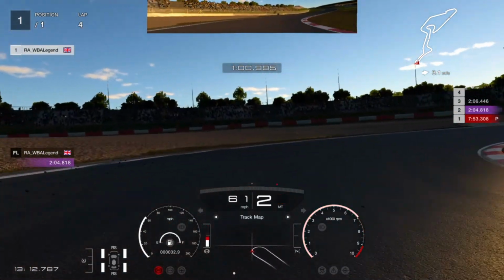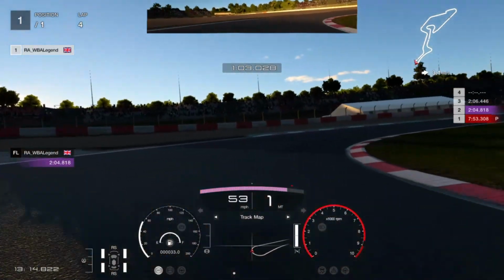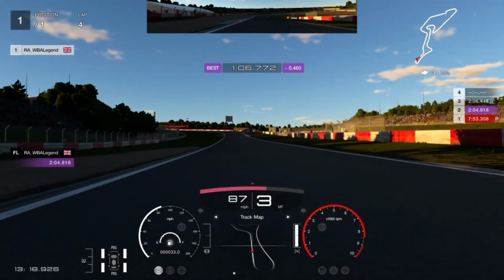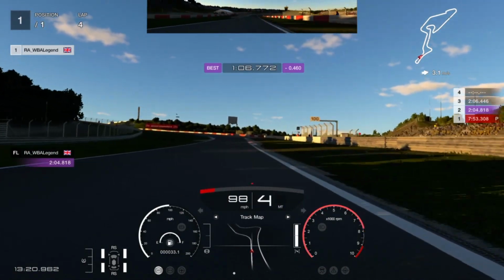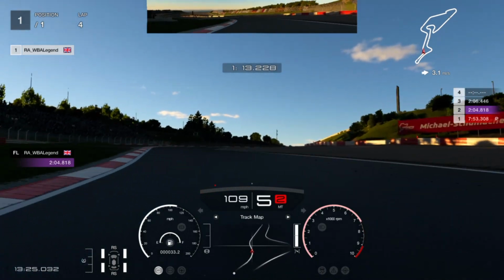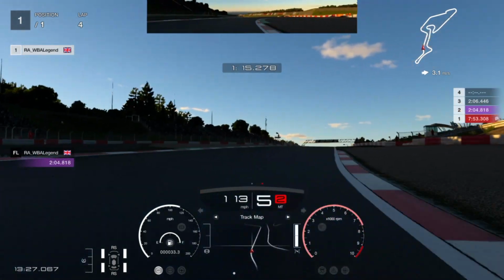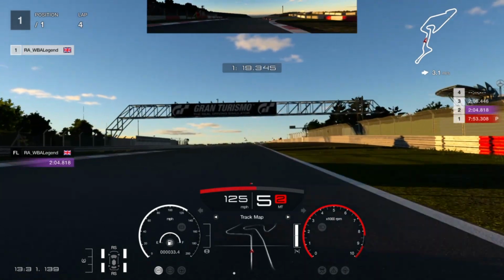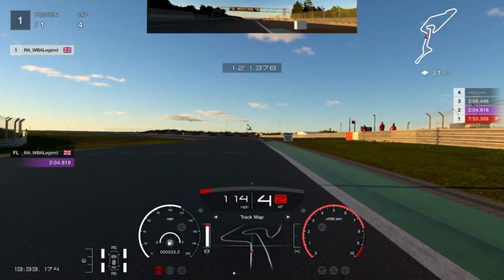So we're just going to brake that little bit later, run it deep, and then back onto the power sooner for the better exit. Not my preferred choice of line, but it does work, so it's all about finding what's comfortable for you. See, we just missed that apex, but still we're easy flat out through there, so that should be no problems. And then onto the brakes,